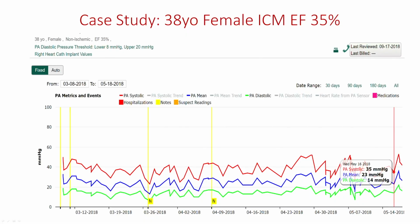Okay. So getting back to our case study, and I made her a little bit older. Sorry about that. But her ejection fraction is still the same. So she was on good guideline-directed medical therapy, as our patients should be on when they're implanted, right? And what do we need to do then? And again, you can add in,